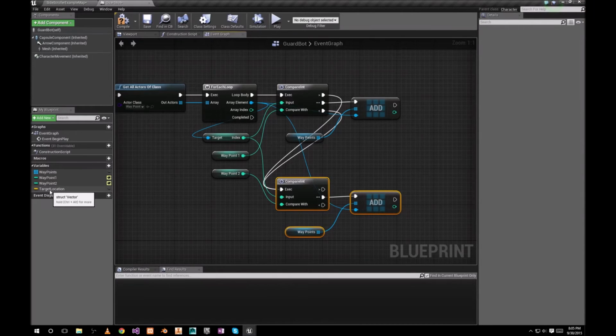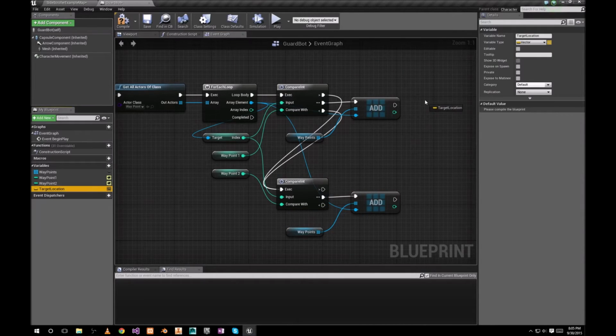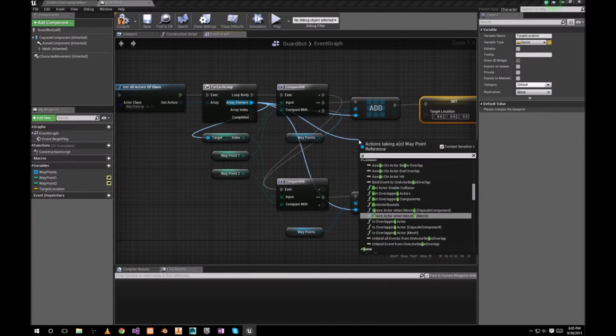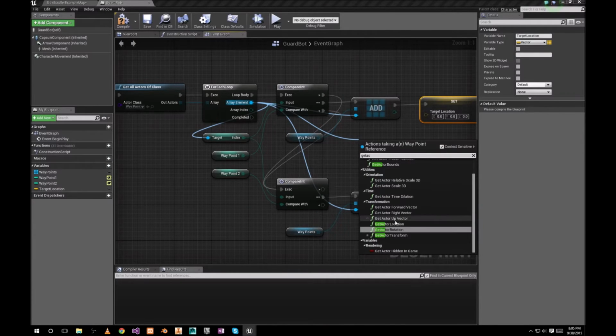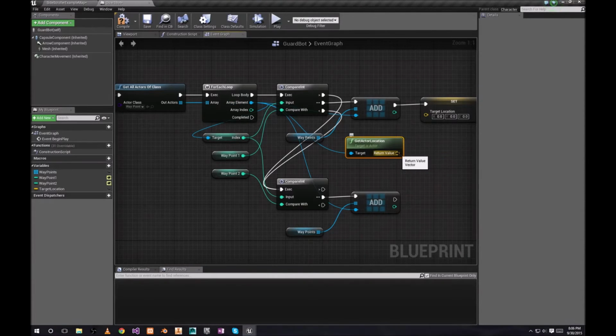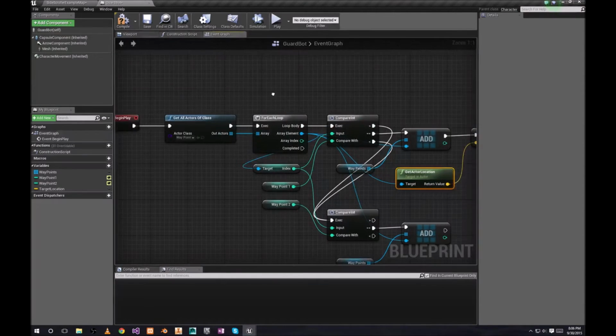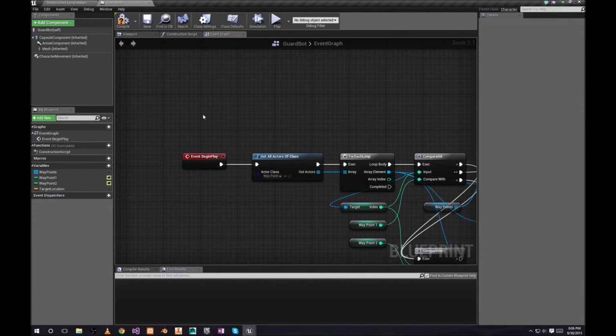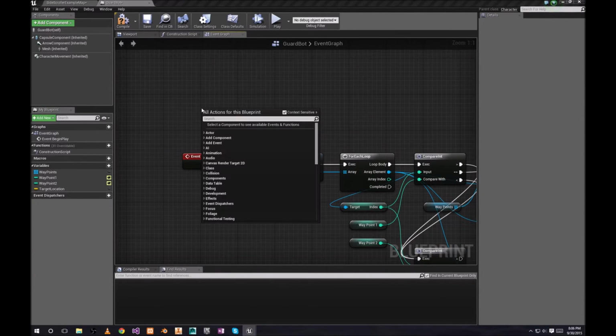Okay, we need to store this target location, and we're gonna store it using get actor location. We're gonna get our trigger box waypoint location, and we're gonna store this location here. And as soon as the game starts, we want to start moving our bot. So